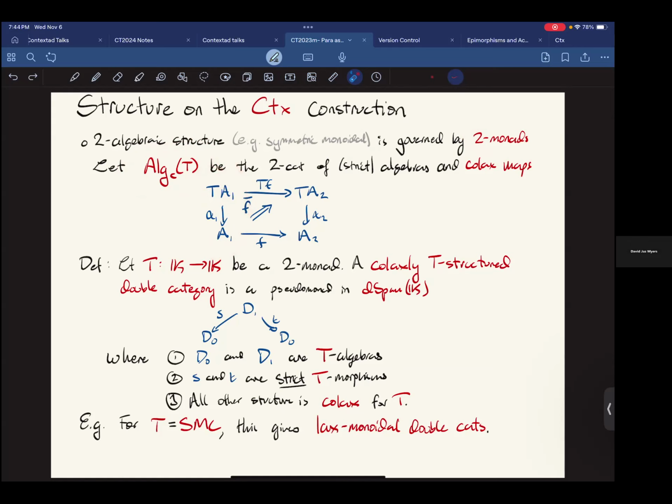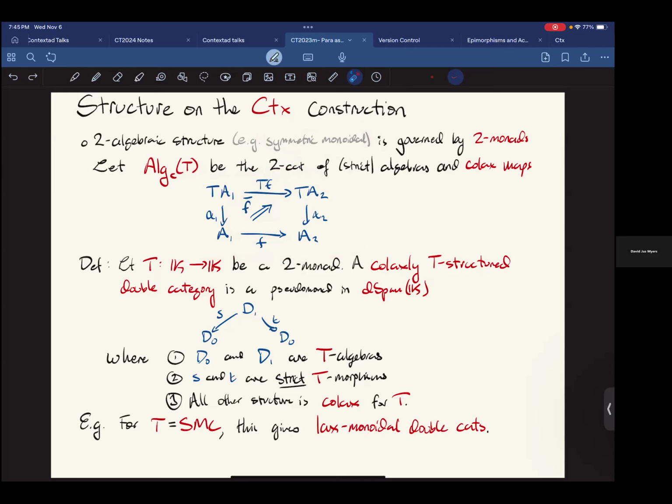But now, because we are actually in a two category, when we go to write down the homomorphism square for an algebra of a monad, we can actually stick this two cell in here. And that's a colax algebra. So for example, if T was a symmetric monoidal category two monad, then this would be a colax monoidal functor in the usual sense. If you flip the arrows around, of course, you get a lax one. Right? So now we can say what it means to be colaxly T-structured for a double category,